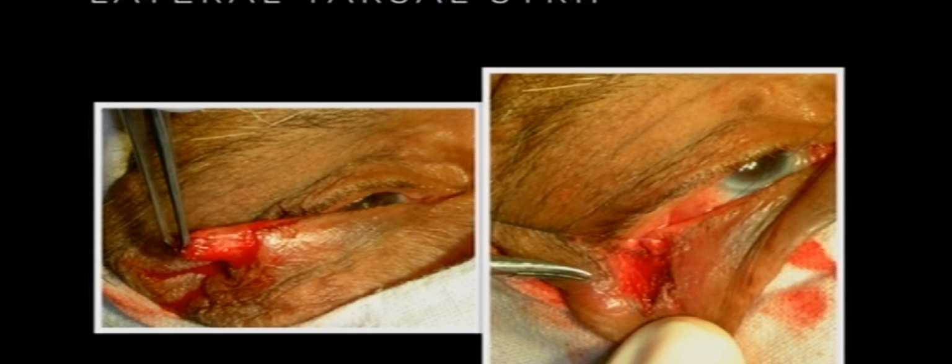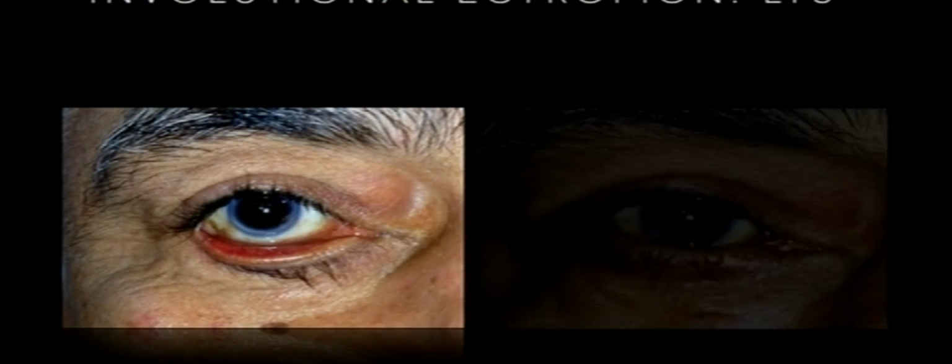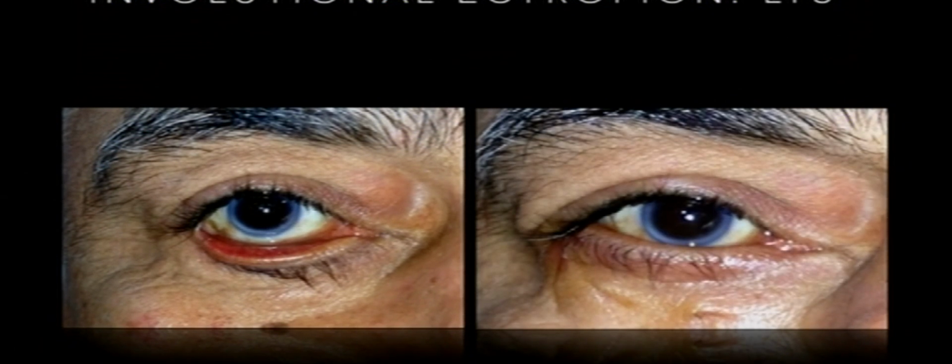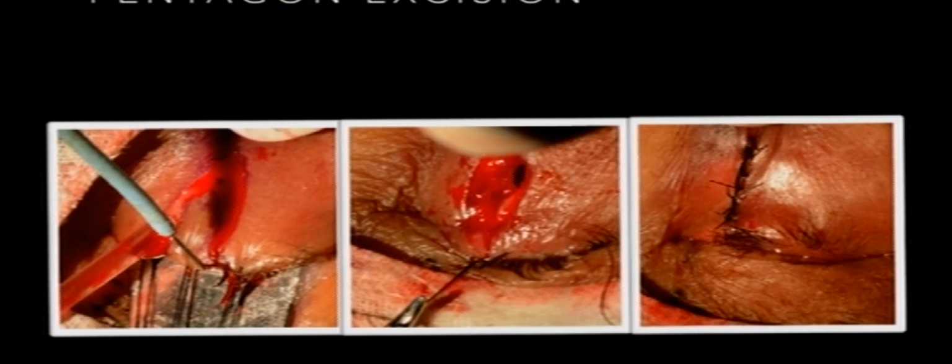That gives a very good kind of tightness to the lid, and it corrects the ectropion, even more severe ones, with almost an invisible kind of scar. The other way to deal with horizontal lid laxity is pentagon excision, and you just go,